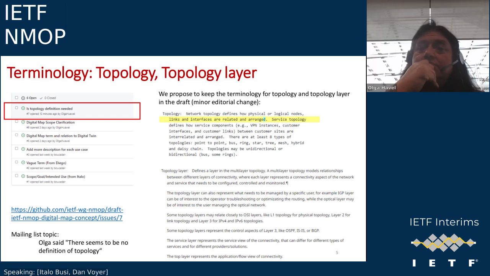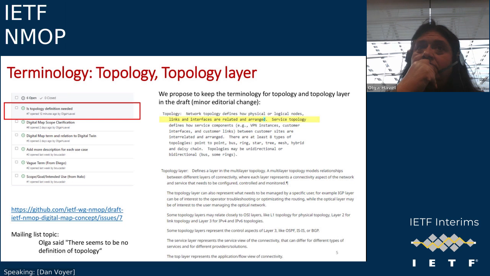I guess I can go. It's Dan Wei. It's funny because this morning, before European time, we were debating again what is topology, just before I joined this call, inside Bell. So I know it's confusing. So maybe, Olga, I don't know if we could reverse engineer it. If you do